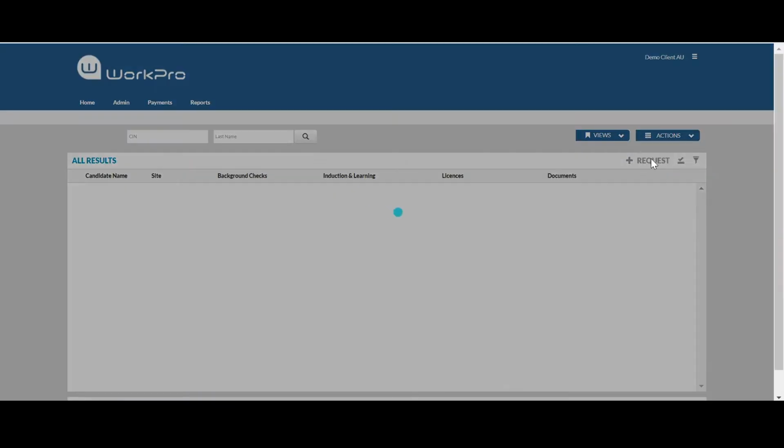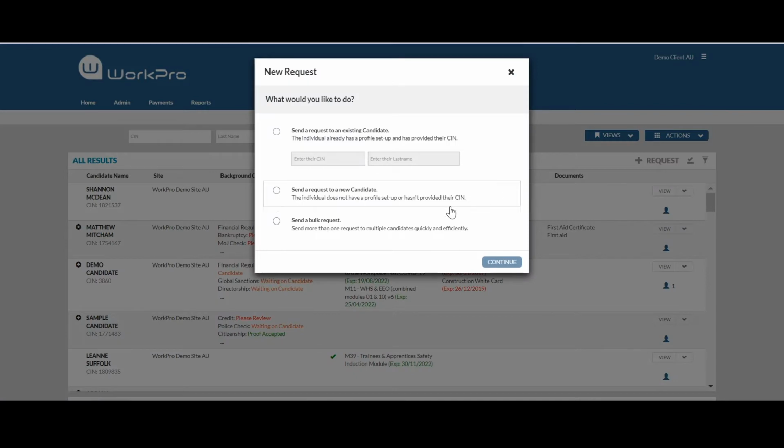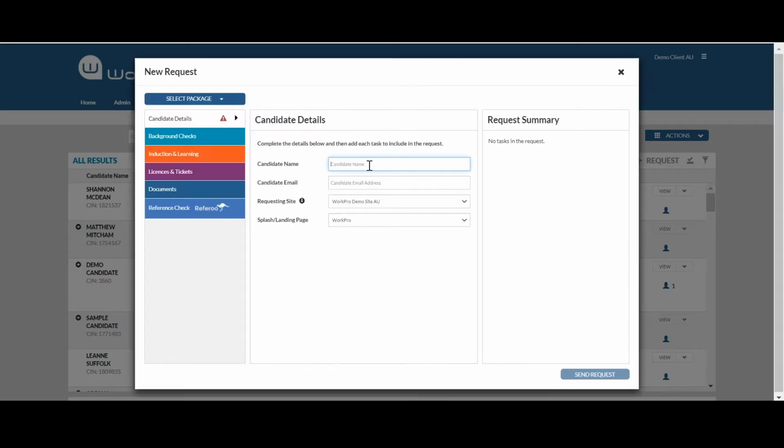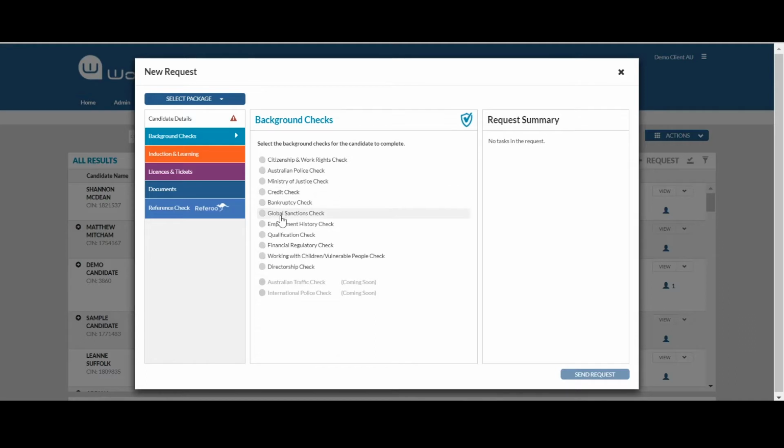So logging in as an administrator, selecting request, and you can send one request to one candidate or you can send a bulk request to many candidates. Entering the person's name and their email address, coming over here and selecting Global Sanctions Check, and then you're